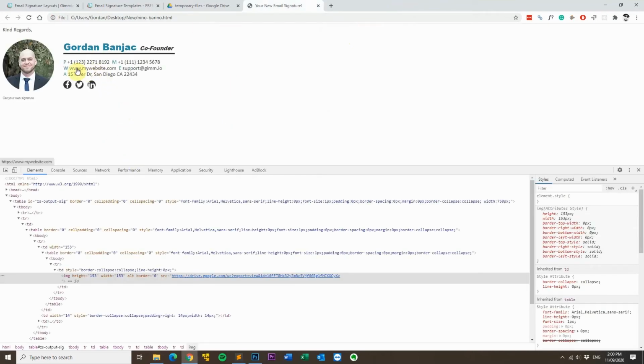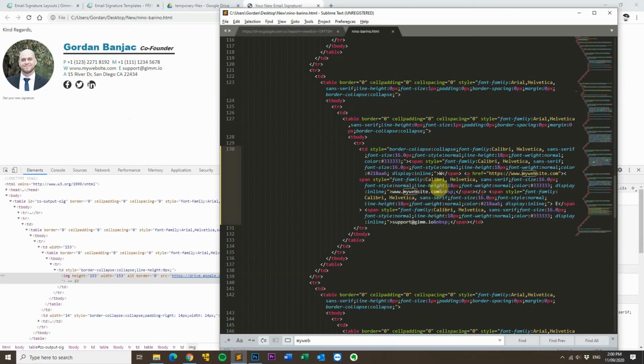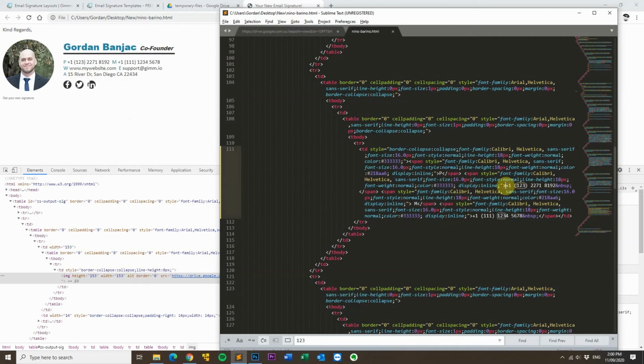So you can add a link to your website like that. You can also add a link to your telephone numbers to make them a click to call link. So I'll show you how to do that. It's a similar way of doing it. So I'll find the phone number, which is here. Okay, so it's the same thing. So A